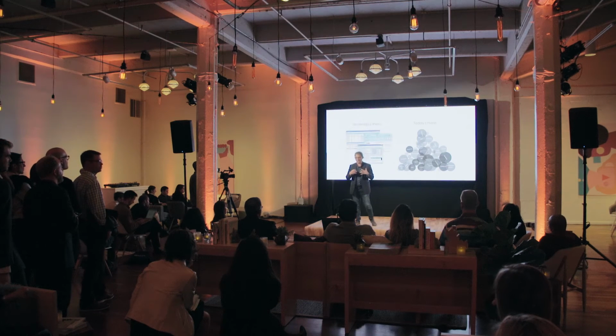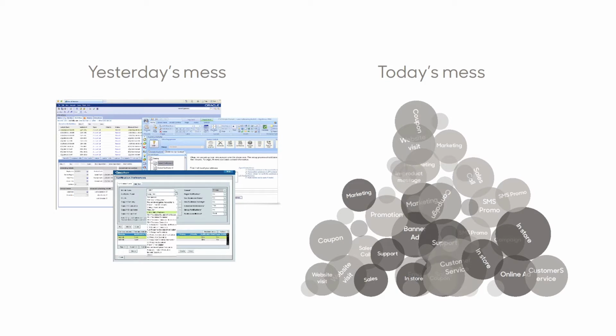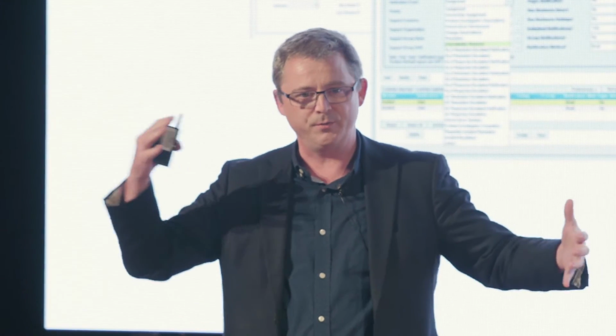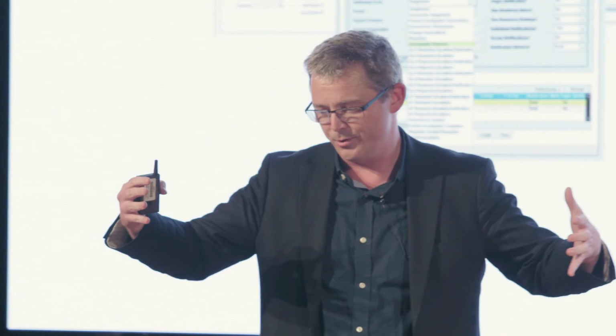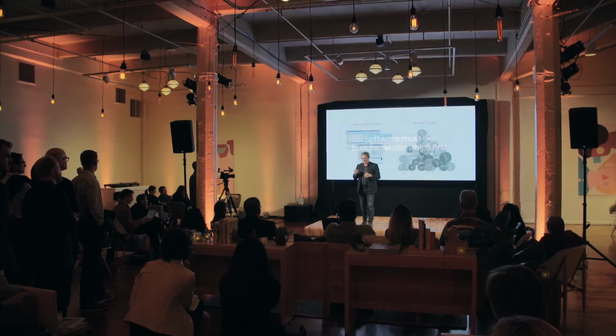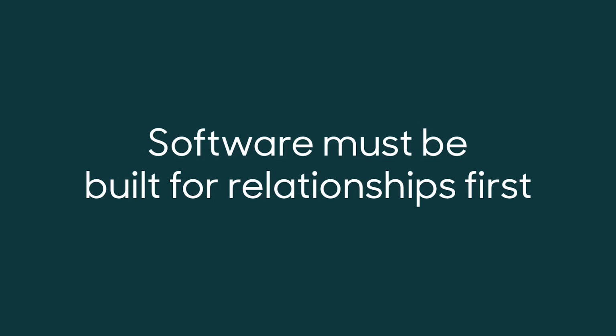And this reminds us a lot of the original challenge that Mikkel was talking about, which is software that's built for the institution, software that's difficult to deploy, solutions that don't really solve the problem. They basically put in place more layers of software, one on top of the other, all of it disintermediating the user from the person that they're interacting with or the system they're interacting with. And so our goal is to build software that puts the relationship first, puts the user in the middle, and helps people deliver a great customer experience.